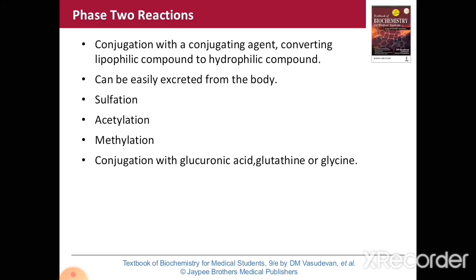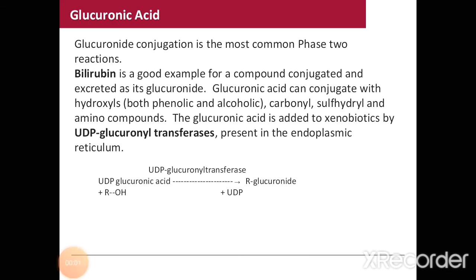So conjugation with a conjugating agent converts lipophilic compound to hydrophilic compound so that it can be easily excreted from the body. So these phase 2 reactions include sulfation, acetylation, methylation, conjugation with glucuronic acid, glutathione. Glucuronide conjugation is the most common phase 2 reaction, and bilirubin is a good example for compound conjugated and excreted as glucuronide. This glucuronide can conjugate with hydroxyl,